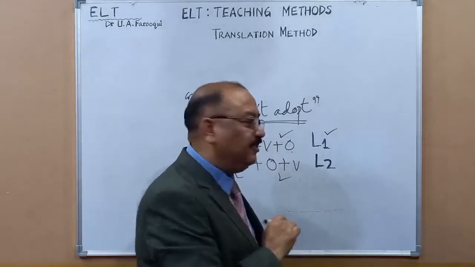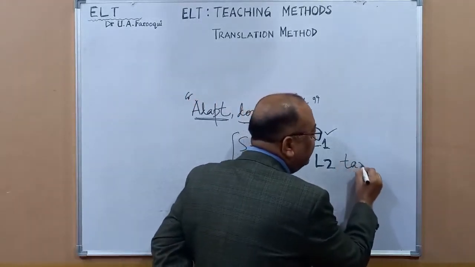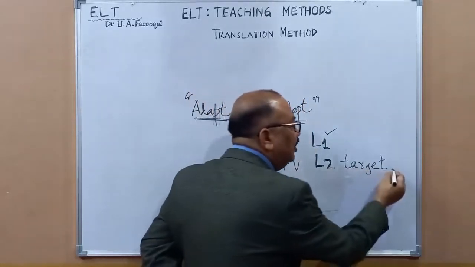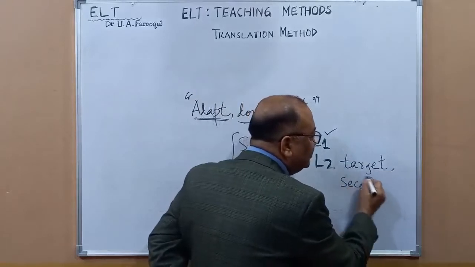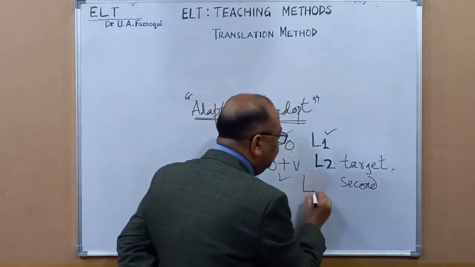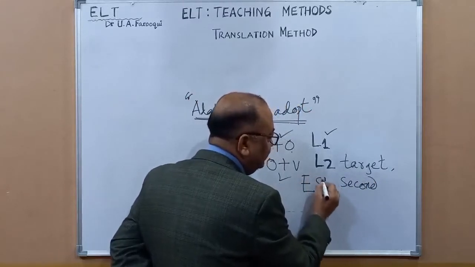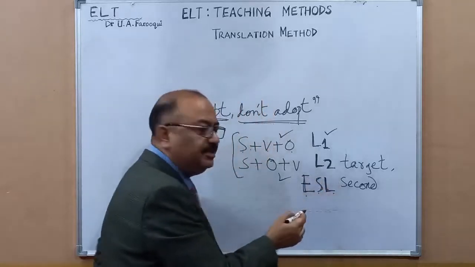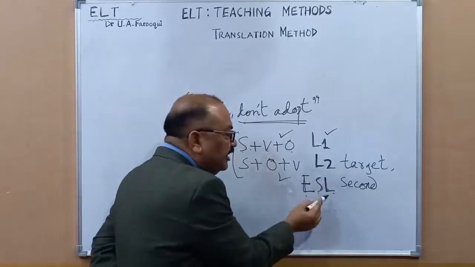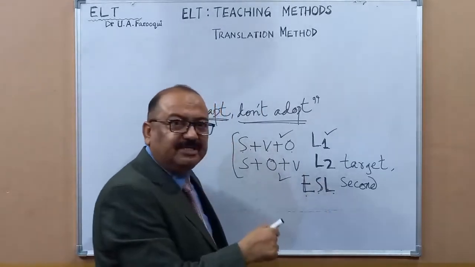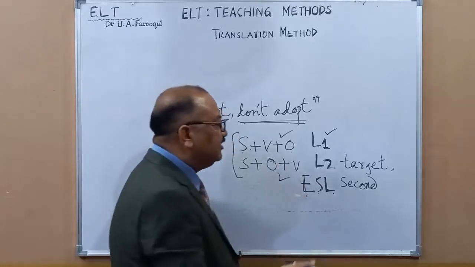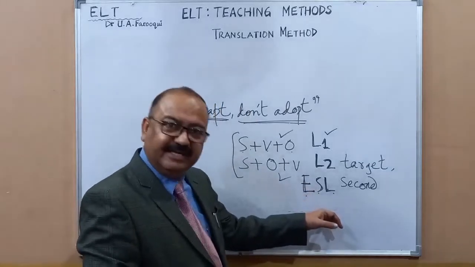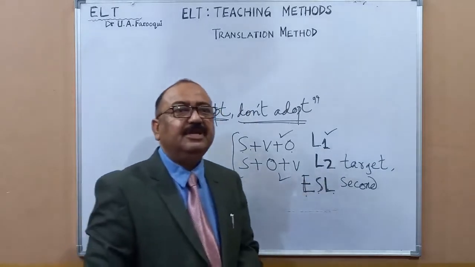And since you are learning this language, this is also called the target language. What is it called? The target language. And it is also called the second language. Why? Because this is your second language. And that is why you would find this acronym, this abbreviation, ESL, English as a second language. What does it mean? English as a second language. So English is a second language for us. It's not our mother tongue. So in all those countries where English does not happen to be the mother tongue, English is taught as a second language. ESL. Remember this.